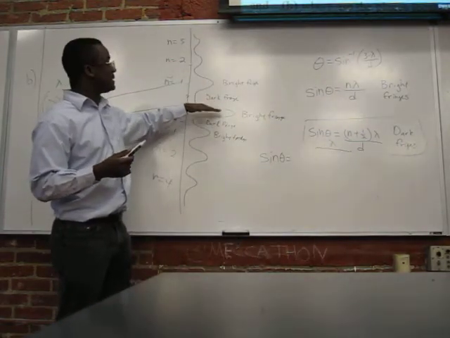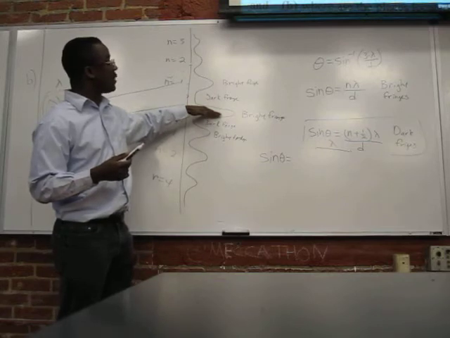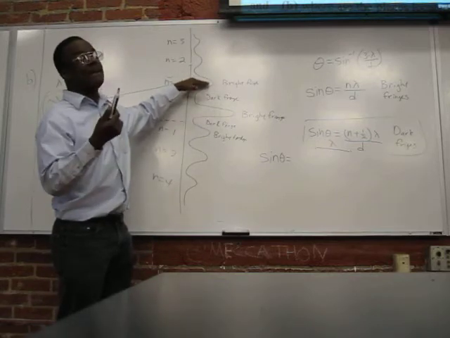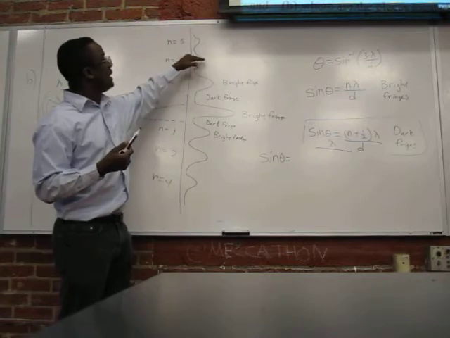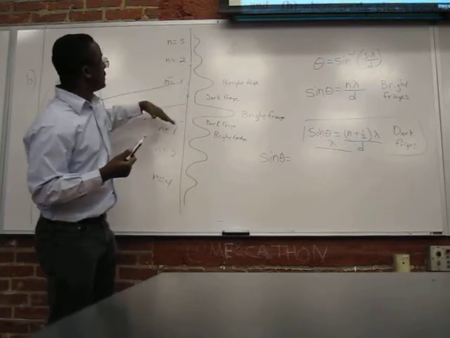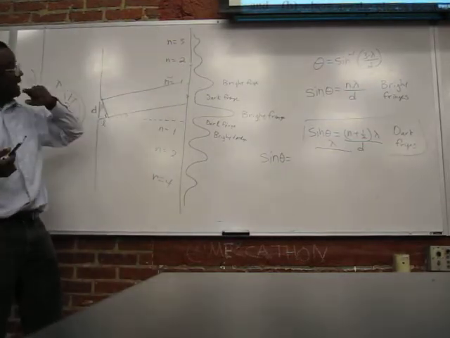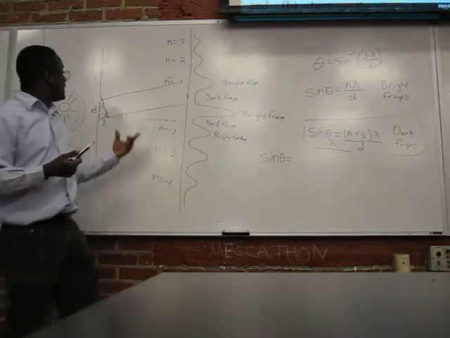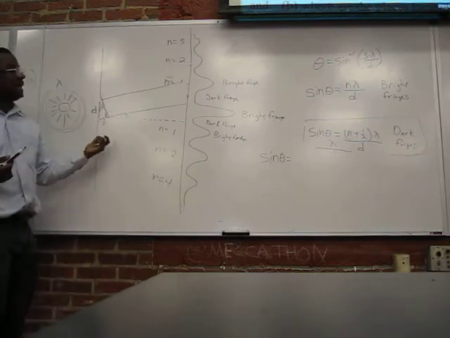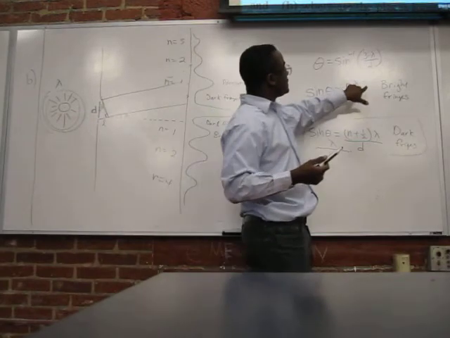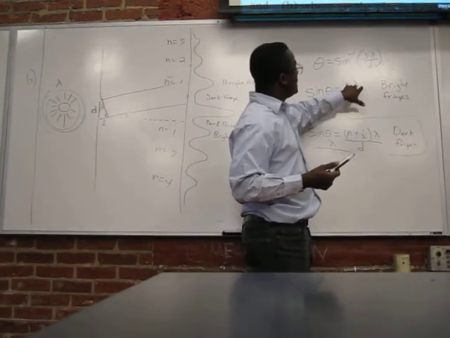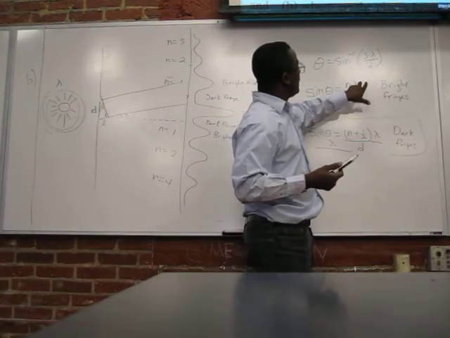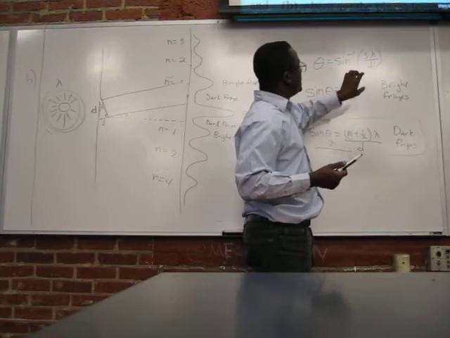Oh, okay. So this is N equals 0. This is N or M equals 1. M equals 2, 3, 4, and so forth. That's why I was counting that there. And what it indicates here is whole wavelengths. Okay, N times lambda, if N is an integer, is